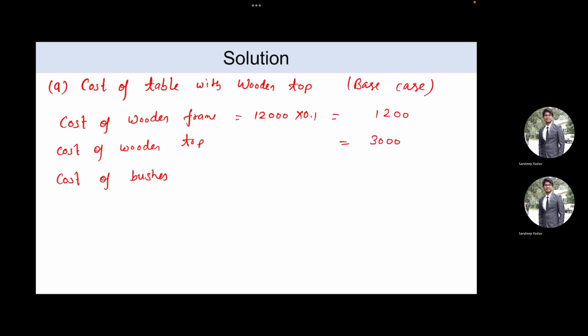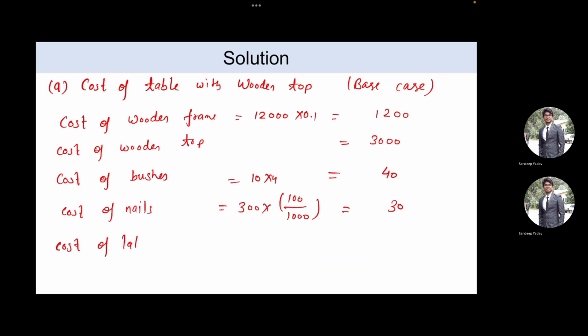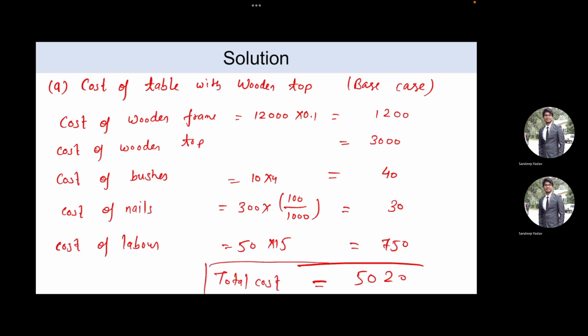Cost of bushes is 10 into 4, that is 40 rupees. Cost of nails is 300 into 100 upon 1000, that is 30 rupees. Cost of labor is 500 into 15, that is 750 rupees. So the total cost, if you add up all of this, comes out to be 5020 rupees for this. Now let's calculate the similar thing for the